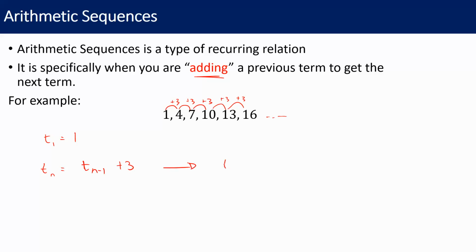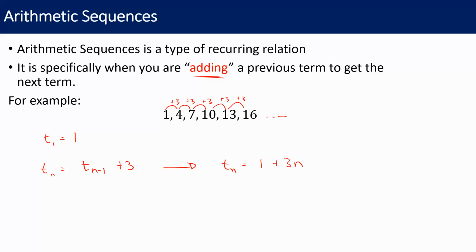And you're right. It was Tn is equal to 1 plus 3 times n. See, this doesn't require the previous term. This one I can just say, find the 5th term, which is 1, 2, 3, 4, 5. The 5th term should be 13. So if I sub in 5,